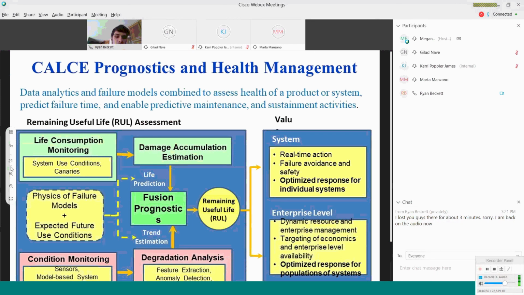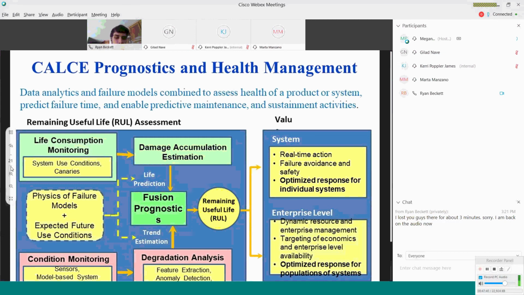Traditionally, this was done from a very fundamental standpoint where we would look at all the different ways in which the system could fail, model those, and then take a look at the environment it was going to be in and predict how long it would take, for example, for corrosion to occur or for fatigue to occur. That's still the basis of the modeling that we're doing, but we're now adding a little bit of machine learning to that. We're actually going out and collecting data on the part as it is actually used in service. This tells us not only the environment it's in, but we can monitor indicators of how the system is performing. And if we start to see the system lose performance, that will give us a clue that degradation is occurring.